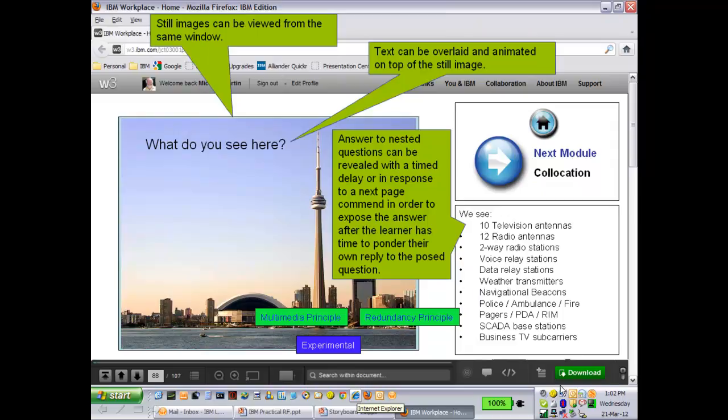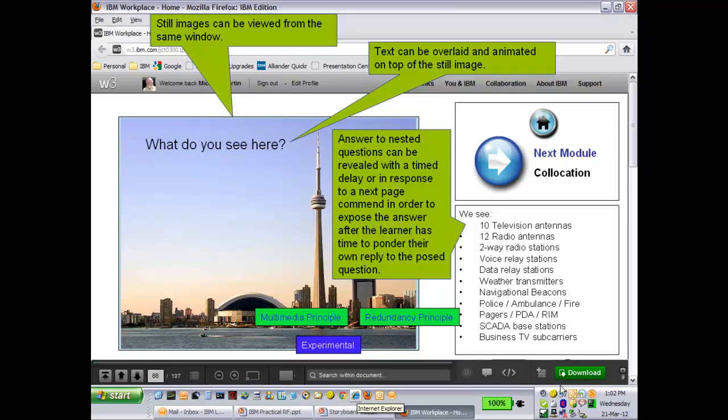On this slide, we're going to use a still image, and we tend in RF to use a lot of photography, and that helps people see things. We're going to overlay text onto the image, and that can be dynamic as well, and animated, and then we can post our questions over the image and then put the answer in the text box. And so we're, again, doing some experimental things here where we're taking advantage of a different learning theory that allows us to